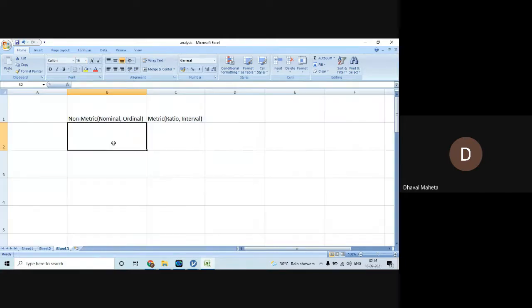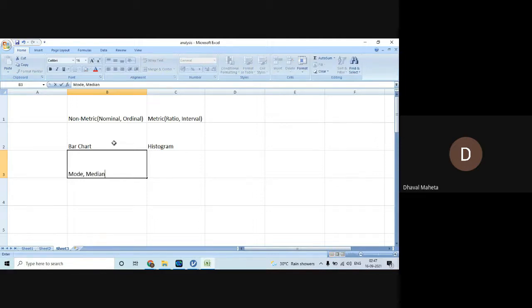What type of analysis can be done on non-metric data? We can compute bar charts for univariate analysis, and for continuous data we can have histograms. Here we can have mode and median. Why?